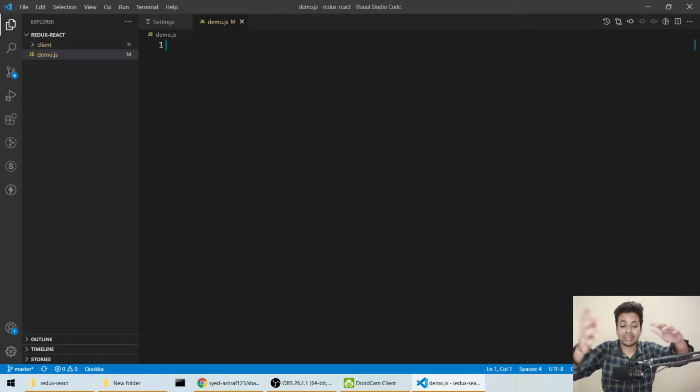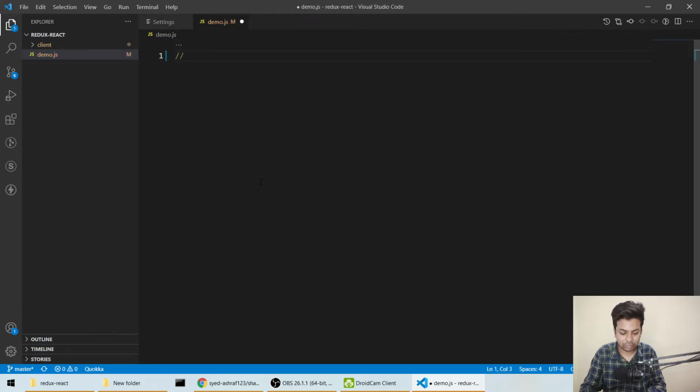So let me make the flow clear, how this thing works, by writing the code. So let's get started. Firstly we have actions. You already know actions. Here we define what we have to do. Suppose I want to increment, so I'll make an increment function. In the increment function I want to return type, and here I'll type increment.